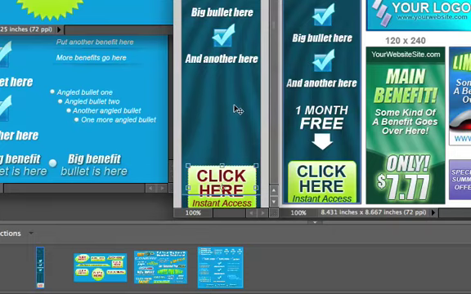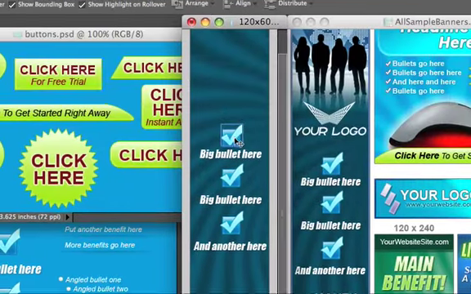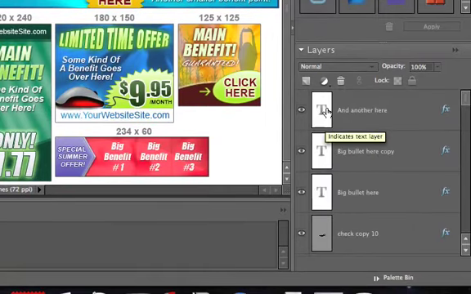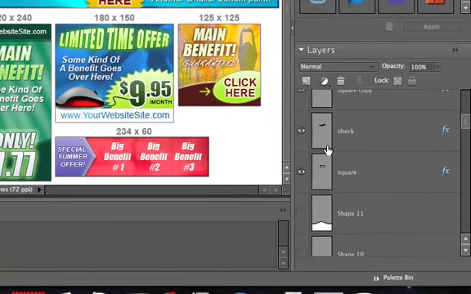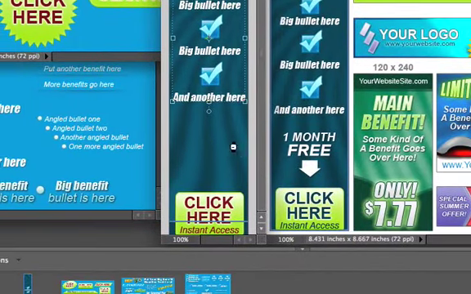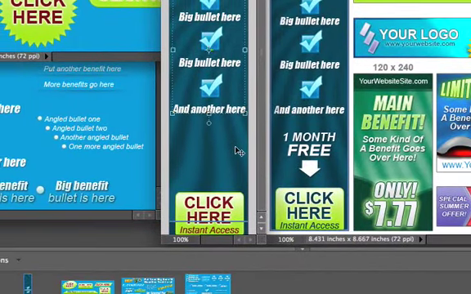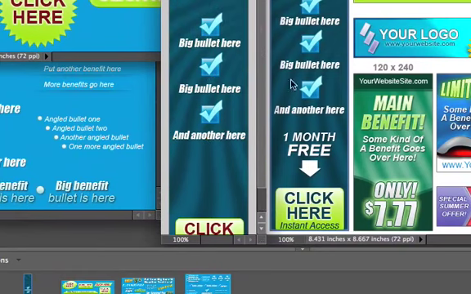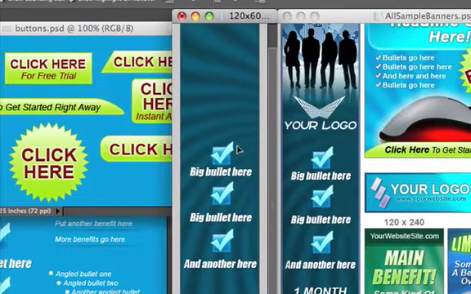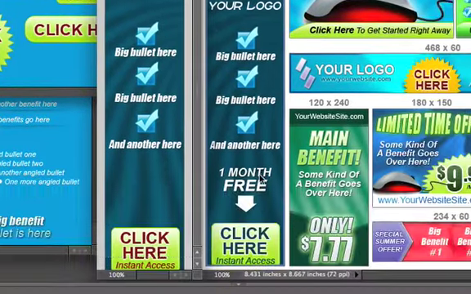Okay, so there we go. I'll also move these over a little bit. I'm going to drag them a little bit lower, just like in the other example here. Okay, so as you can see, the banner is now starting to take shape. There's very little things that I had to add to it, like this 1 month free